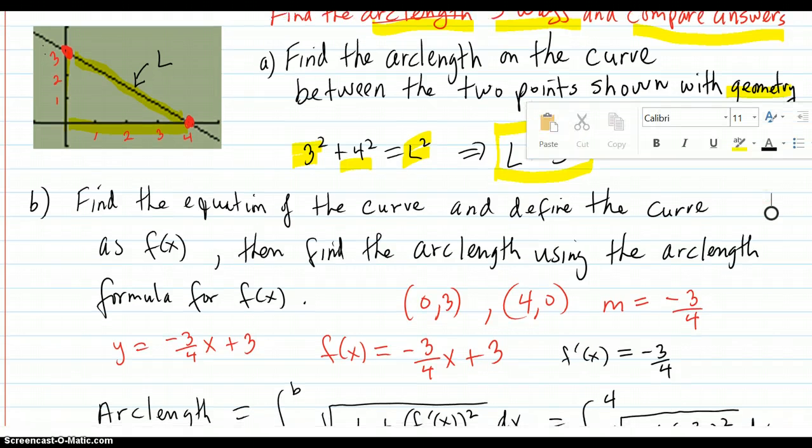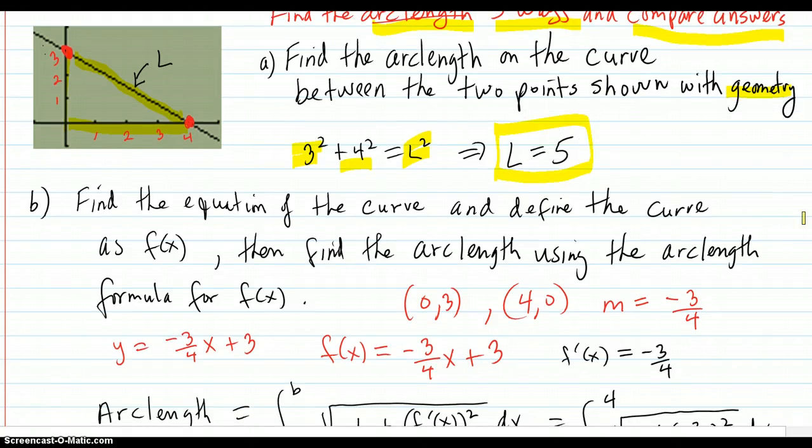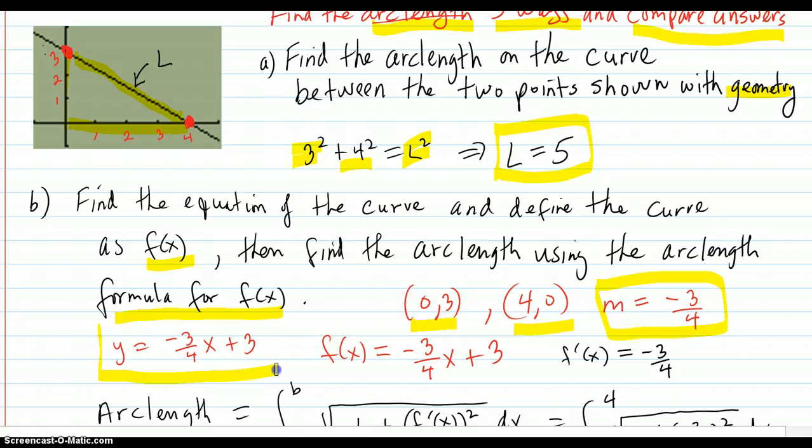Find the equation of the curve and define the curve as a function. Then find the arc length using the arc length formula for a function. So it's a line, so we're going to take 2 points, 0, 3 and 4, 0, find the slope. Then we use the mx plus b, or whatever method you want to do, and you get the equation of a line. So here's the function